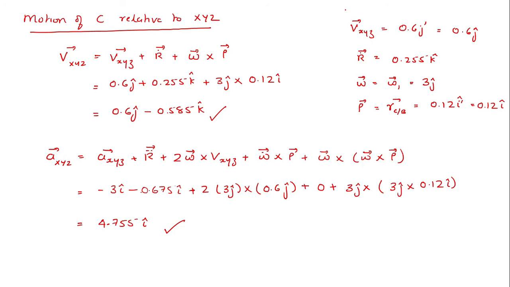So here we obtained the acceleration and velocity of the point C at this particular instant relative to the fixed reference frame capital XYZ. With this, I have solved two problems, one for each case. This is just to give you an idea of how to solve three-dimensional problems. With this, we will come to the end of this unit. Thank you all.